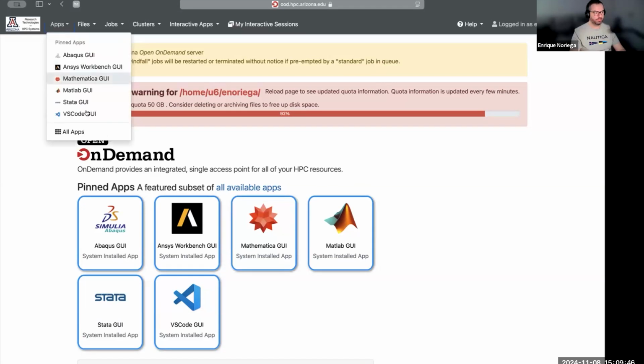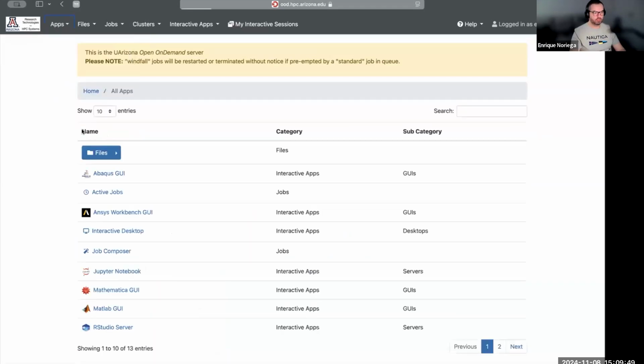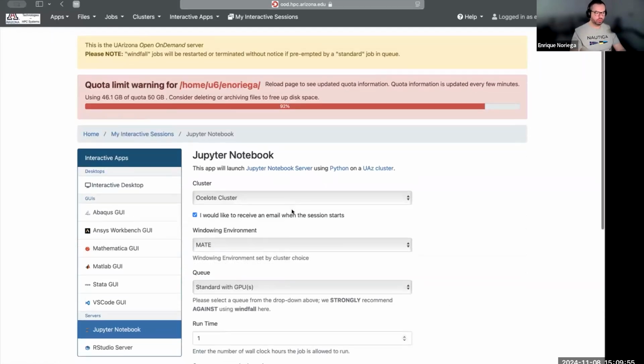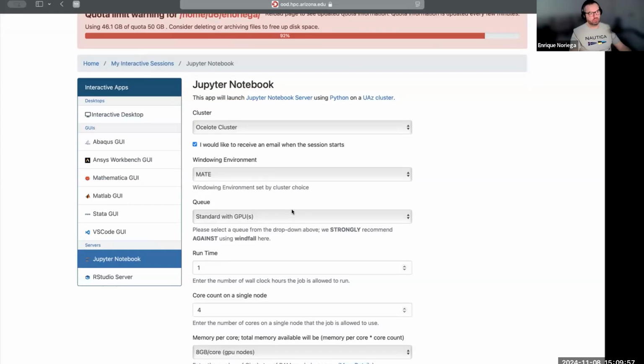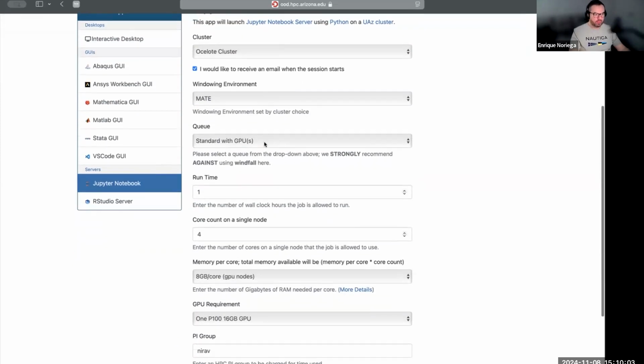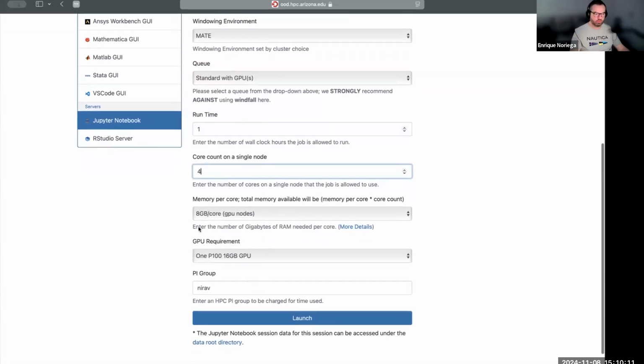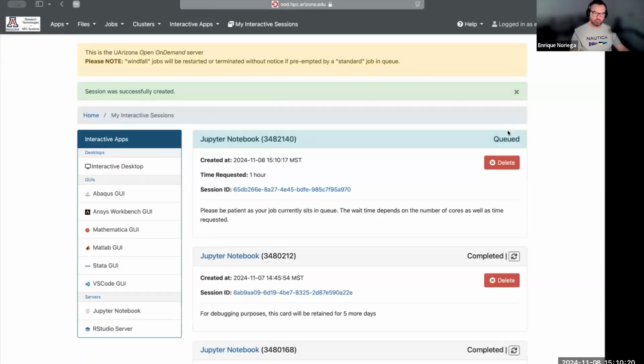We are at the Open OnDemand interface of the HPC. So I'm going to start a new job, a Jupyter job. I want 4 cores. Let's do 1 hour. I just want one GPU. So let's just try 16 gigs. Let's launch it. It'll probably take a minute to get it. But once we get it,